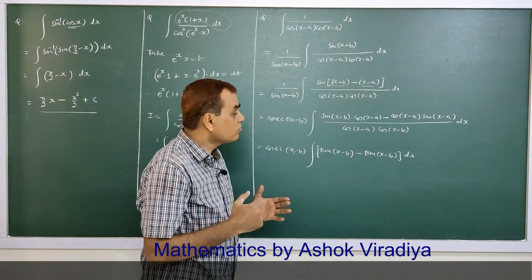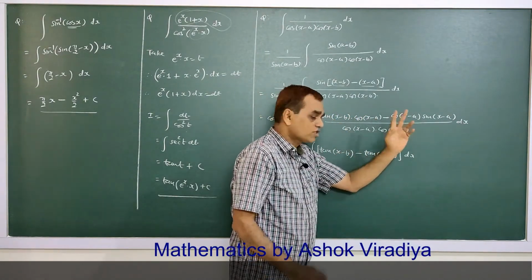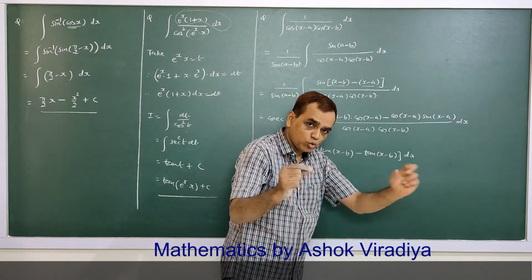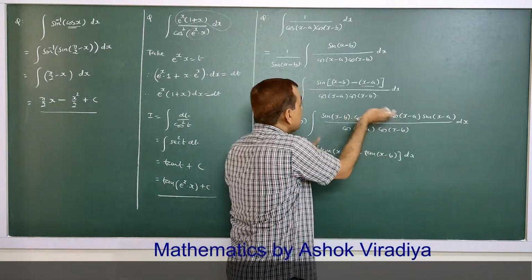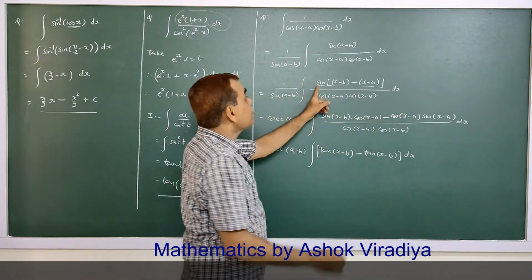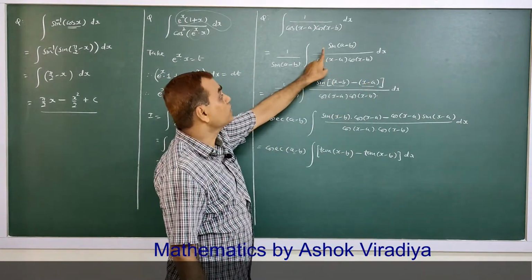And to have this cos cut from the denominator both the times, that's why this can be obtained by taking help of sine of alpha minus beta. That's why here I have used sine.